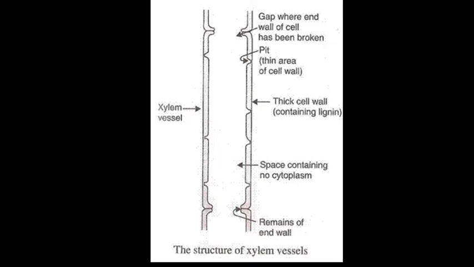Tracheids are a bit long and spindle-shaped, and they have pits in their thick cell walls. Water flows from one tracheid to another through their pits. Tracheids are dead cells because they are lignified, and they do not have open ends, so they do not form vessels. They are elongated cells with tapering ends. Also, all plants have tracheids. They are the only water-conducting tissue in non-flowering plants.